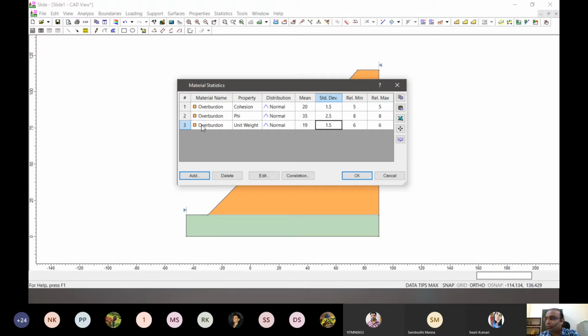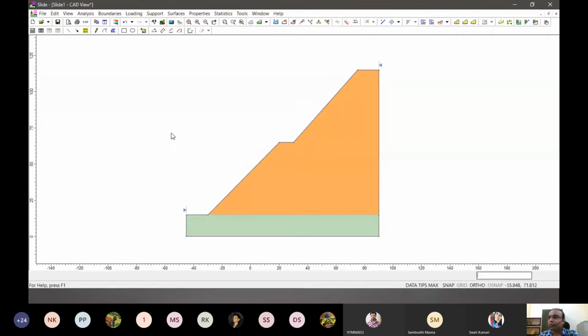So what we have done till now is we have defined how our values are varying. Now what the Monte Carlo simulation will do is find 1,000 values based on the parameters we have given, right? So let's click OK. We don't have to do anything else here except define the grid.